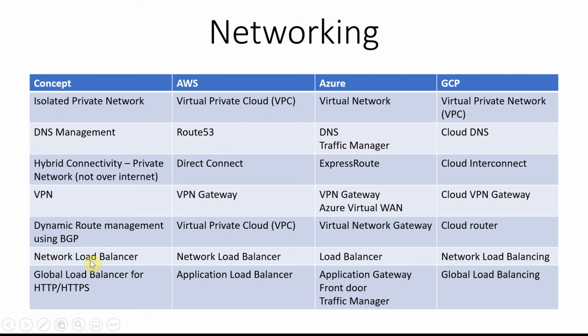But yeah, coming to load balancer, every cloud vendor has two variations. One is the network traffic, and the other one is HTTP or HTTPS, or web traffic. So there are two variations in all the cloud vendors. The network traffic is traffic which doesn't use HTTP or HTTPS. It is primarily UDP based protocol traffic.